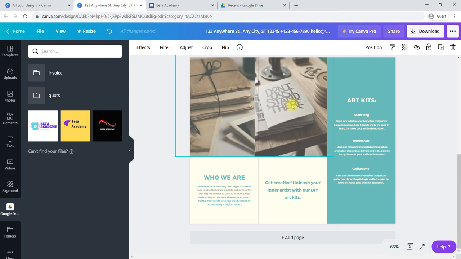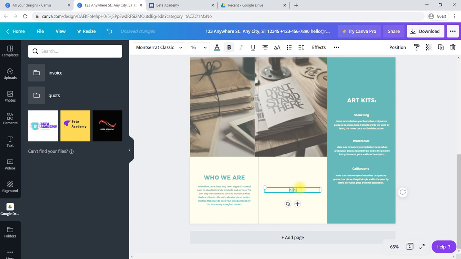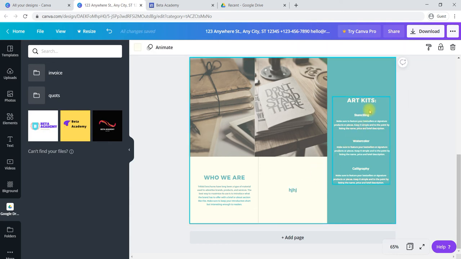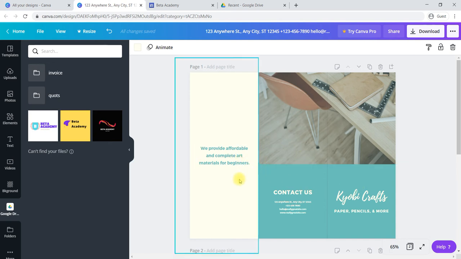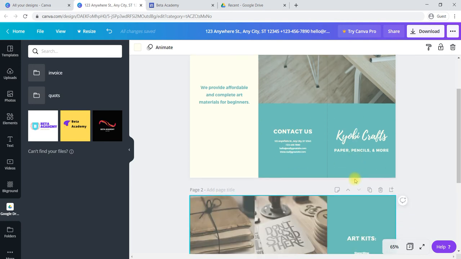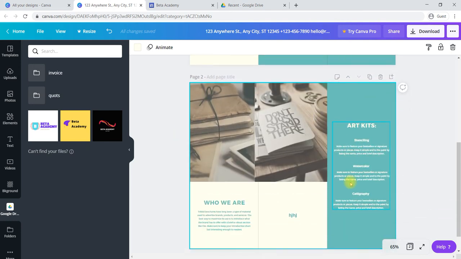And here also you can change the image, as well as what you are doing, and any code you would like to give. Just double click and write it down. Then you can list the things you are doing and the products you have here, and give your contact name. Like this you can create your brochure very easily using this option. You can fold it into three: this is one fold, second fold, third fold. Like this you can fold it into three sections.